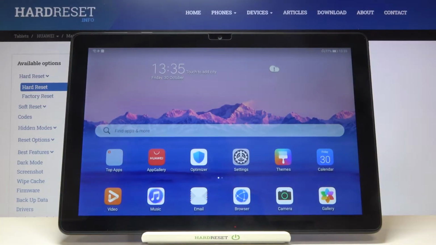Hi everyone, here we've got HUAWEI MatePad T10 and let me show you how to enable developer options on this